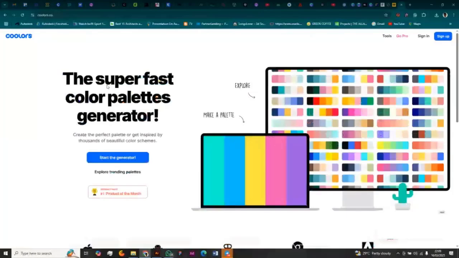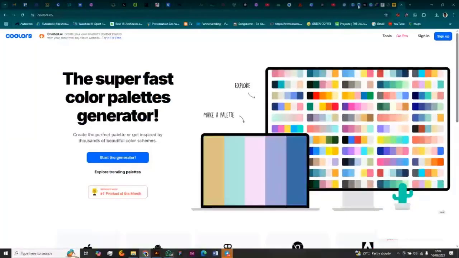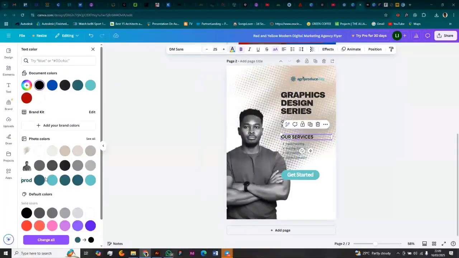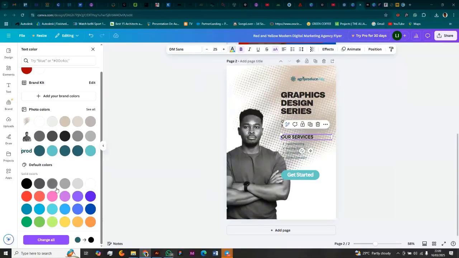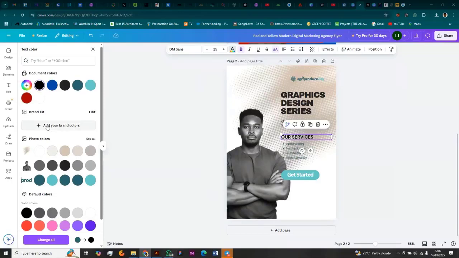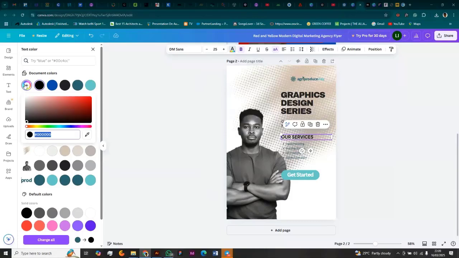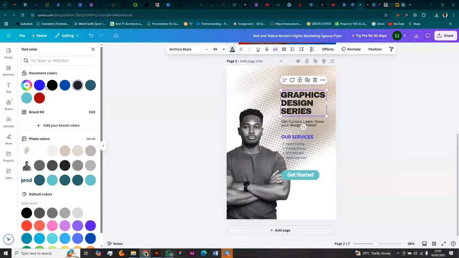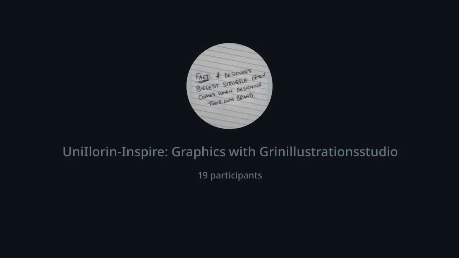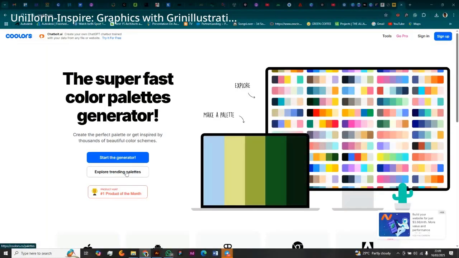Canva has made the job easy. If you would agree with me, you have the color scheme, you have the default colors that you can pick from. In fact, if you are not satisfied with any color, you can go ahead to see the color spectrum, adjust the bar, select any color that you want, and then use that in your design, right? But if you like to use a preset online, this platform is what I will definitely advise you to indulge yourself in. When I click on explore color palette,